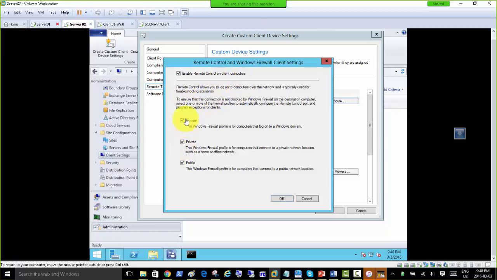So this means that the firewall will not stop or block our attempt to remotely connect to a machine, right? So yeah, this is it. You have to enable it first. So when this custom setting reaches every Windows machine, and if they have the firewall on, it will be set for us to remotely